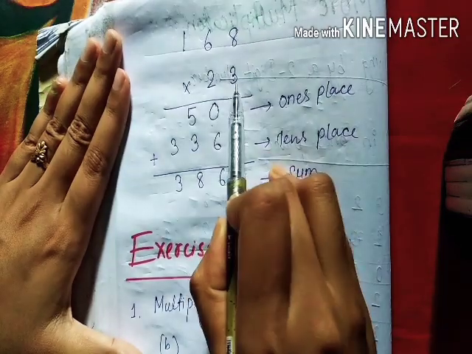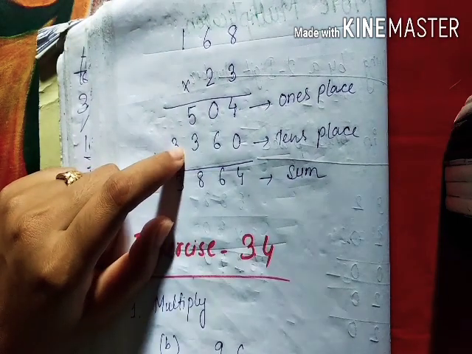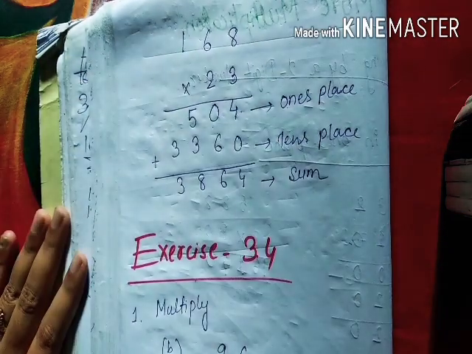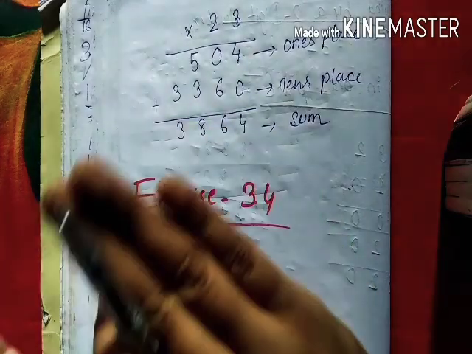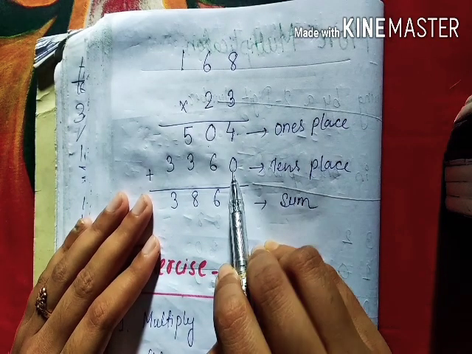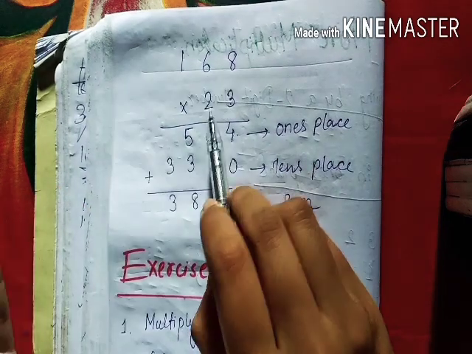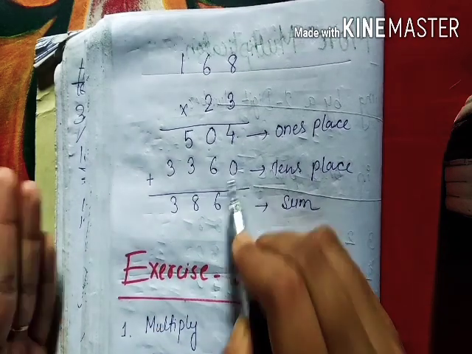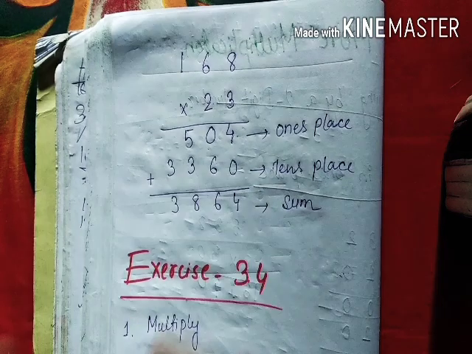If 0 is not there in ones place, then you have to perform that step. You have to multiply that and write that step, and after that you have to add them with the tens place number also. Okay, whatever you are getting. And do not make this type of mistake that when you are doing tens place, you start from here. Every time you start, focus on which place you are solving for. So start from below there. As ones place is already done, there should be 0. You can put a cross also, or you can put 0.